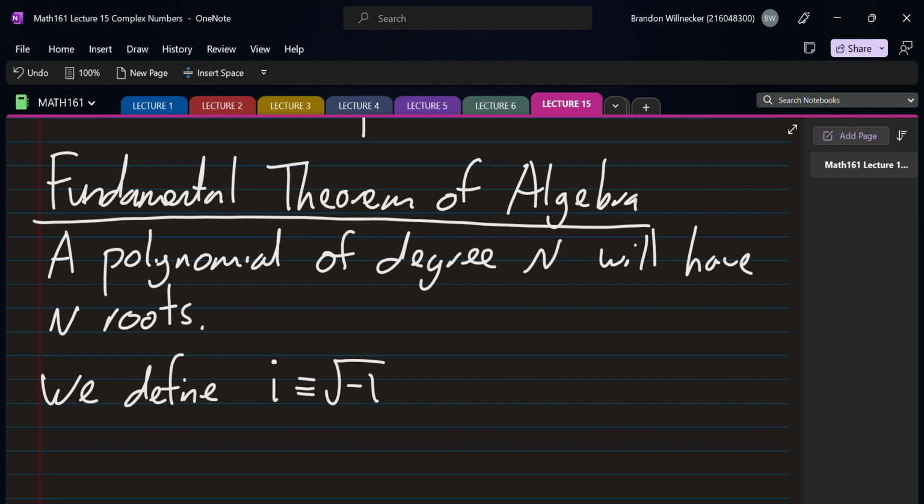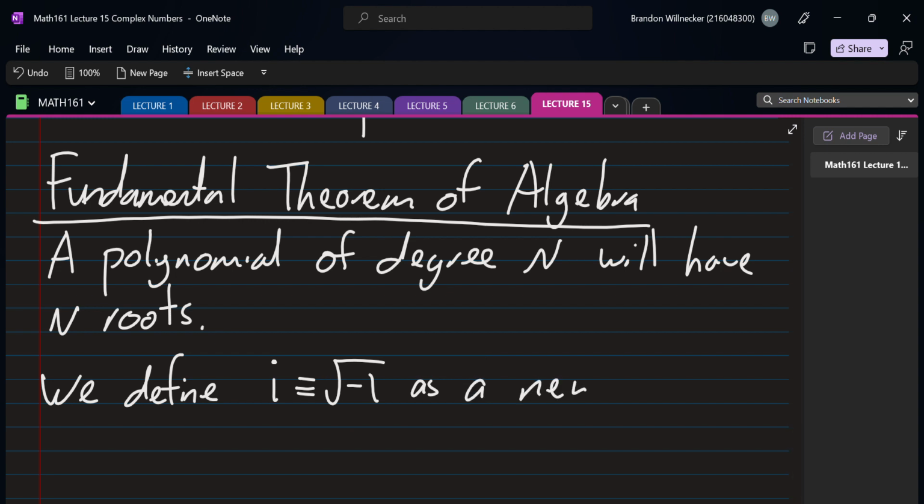Now we know from working with real numbers that this doesn't give a real number back. So if you have the square root of minus 1, that doesn't make any sense in terms of real numbers. However, this number is not real. We say it's complex. Okay, so we define i is equal to root minus 1